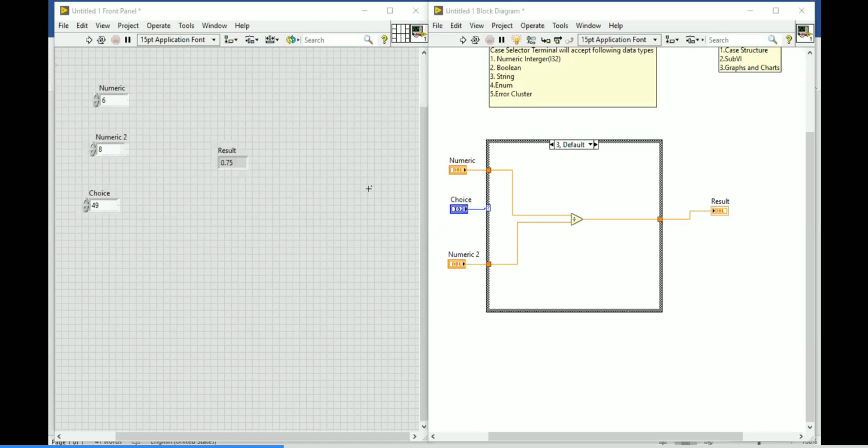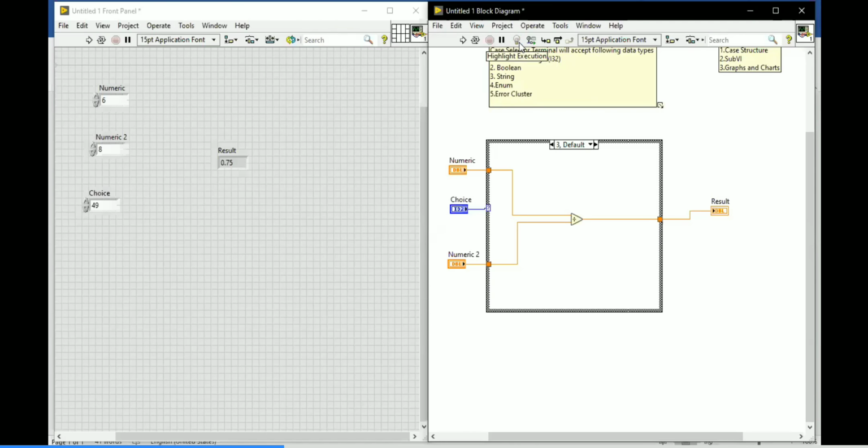So if you completed this problem, next I'm going to continue in the same problem. We discussed a simple case structure like 0, 1, 2, 3 over there. Suppose my case structure has the value 10 to 20. If the choice value is 10 to 20 and I have to execute the same case, how do I implement that?